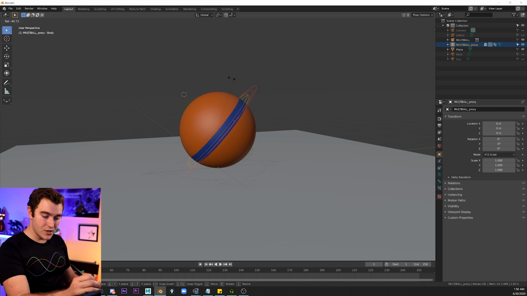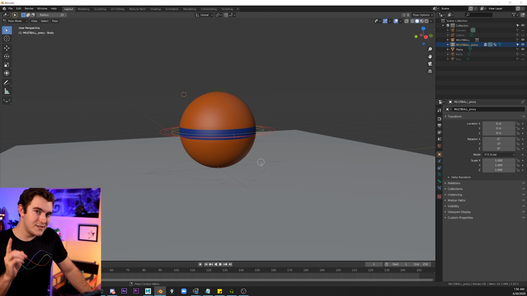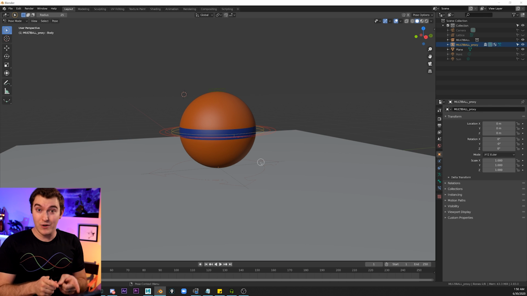If I hit R for rotation, I can just start spinning. If I hit S for scale, I can see the benefit of that. That seems actually really cool, especially for modeling and different things. That is not really useful. In my case, in my opinion, from my workflow and my experience, I'm never going to use that for animation,